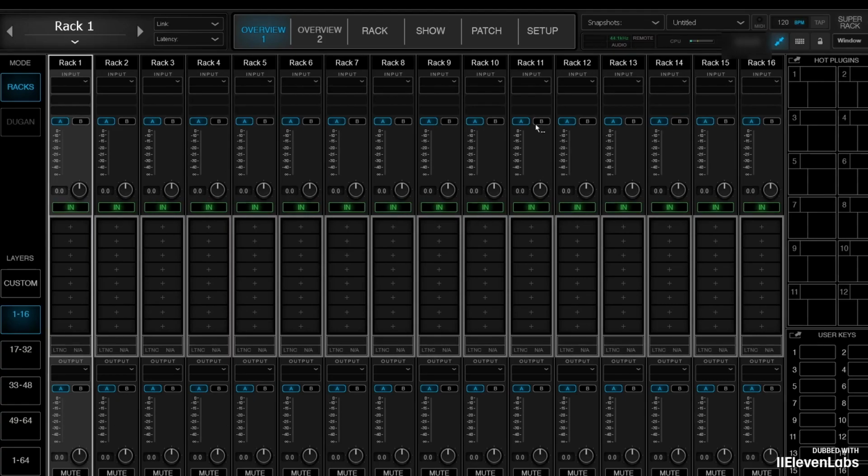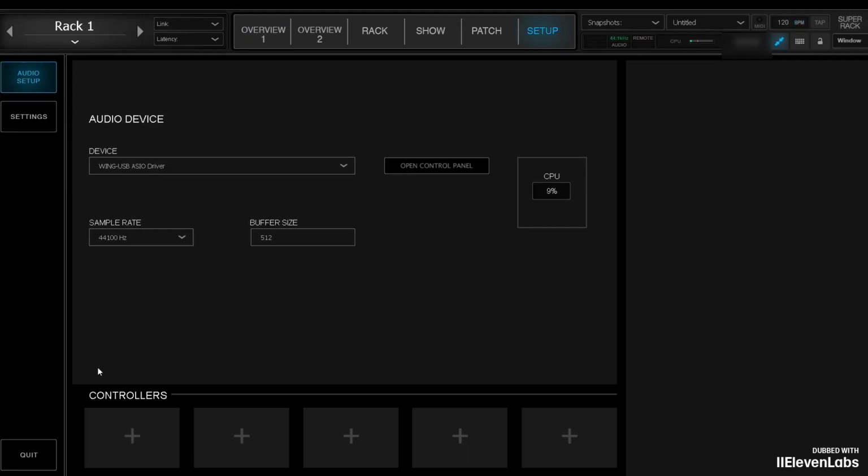Now, I first need to make some settings. Specifically, I need to click on Setup and set up a controller down here. You see, I have the option to set up 5 controllers here, and I'm taking the first slot now. And say, this will be a MIDI controller. Now, it has created a MIDI controller for me. I click on the gear icon and configure it.